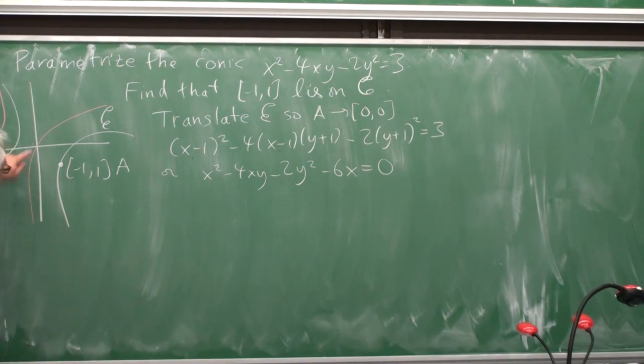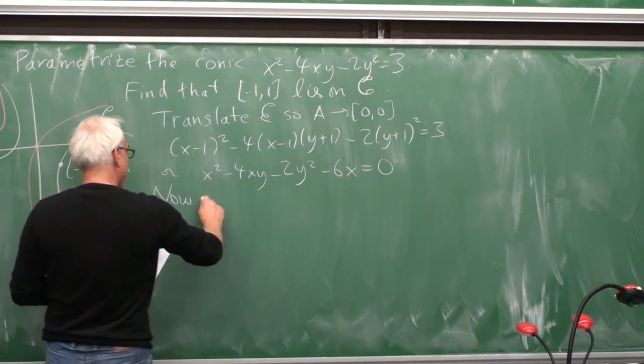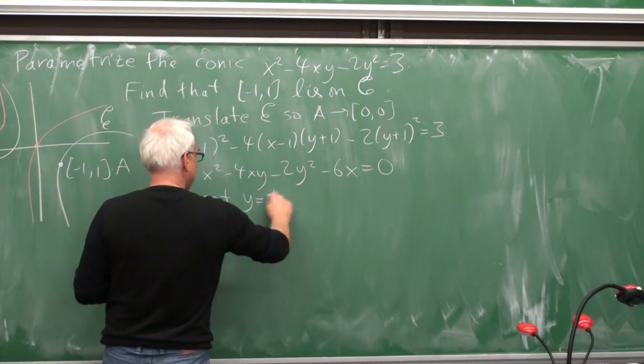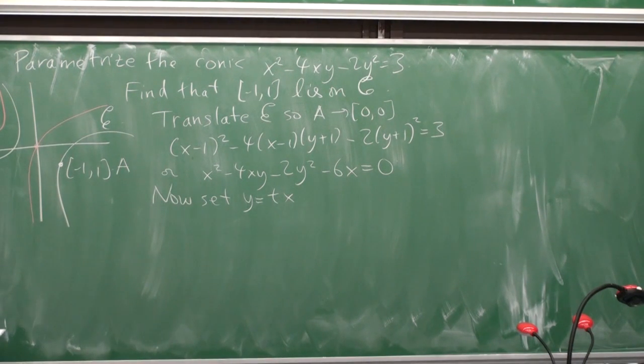Okay, so now that our point is at the origin, the point (0, 0), the parameterization of the line can be relatively simple. And now we set y equals t times x. In terms of a parameterization, that's a kind of slope. There's the line y equals tx. If this is 1 and that's t, what we're really doing is using the line x equals 1 and the natural parameter on it to make lines.